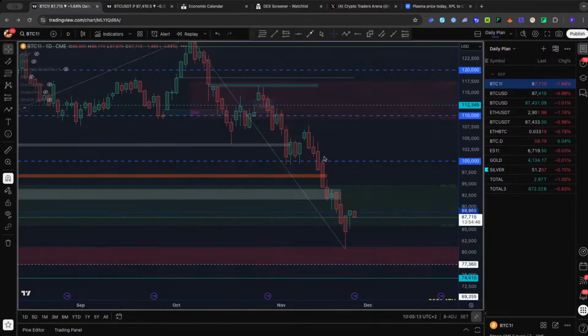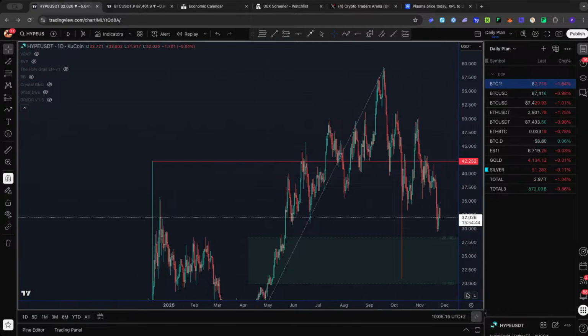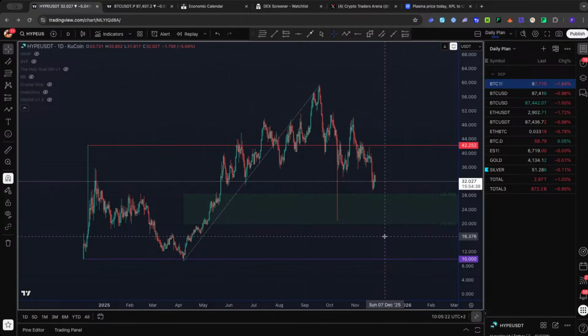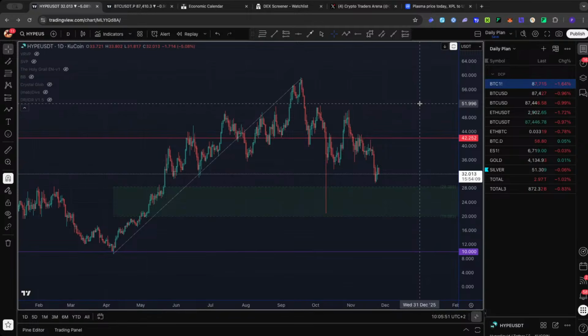I'll do it on KuCoin, probably has a bigger history. Everyone is panicking about where hype is going, hype is going down. People, normal price action, look at it. You start this one at $10. We pumped like crazy, and I said, if we come back down, I'll buy hype. We bought hype below $10. We sold half on a double. We even took some profit here at $50. Now it's forming some yams, and it's coming back down where? In the long reload zone. Strange, no? For a chart to come back in the long reload zone. And they even give you a clue that it will come back down there. Why? With this tail here.